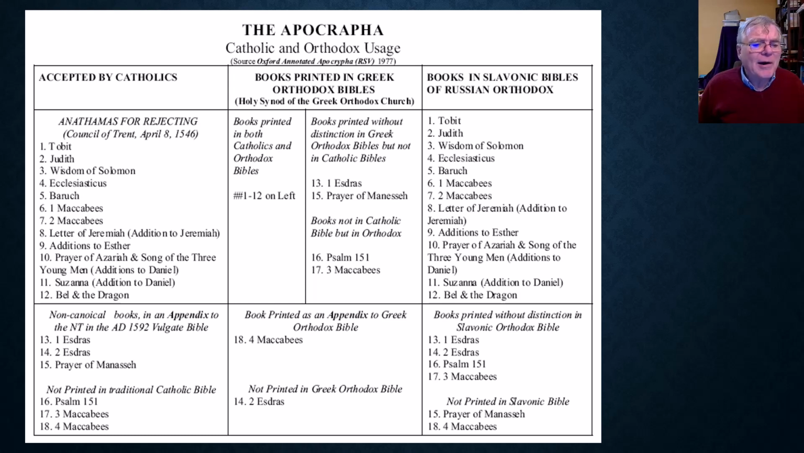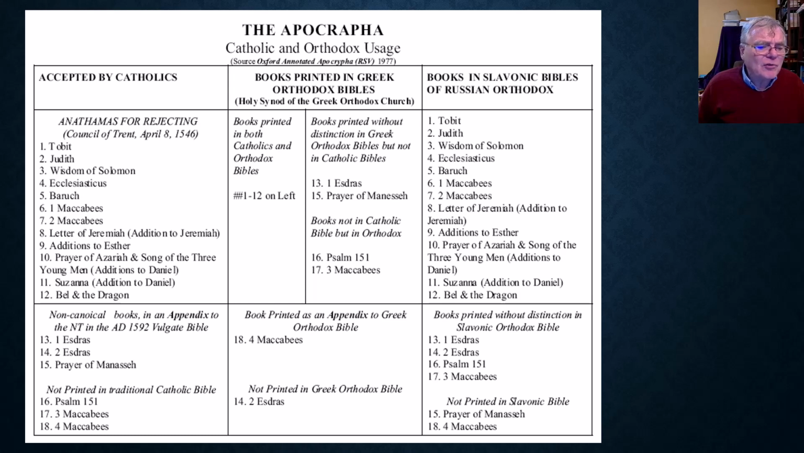There's a prayer of Azariah and the Song of the Three Young Men, which is an addition to Daniel. There's Susanna, which is another addition to the book of Daniel, and Bel and the Dragon, yet another addition to the book of Daniel. All 12 of those are accepted by Roman Catholics. But then, judging from what they print in their Bibles,